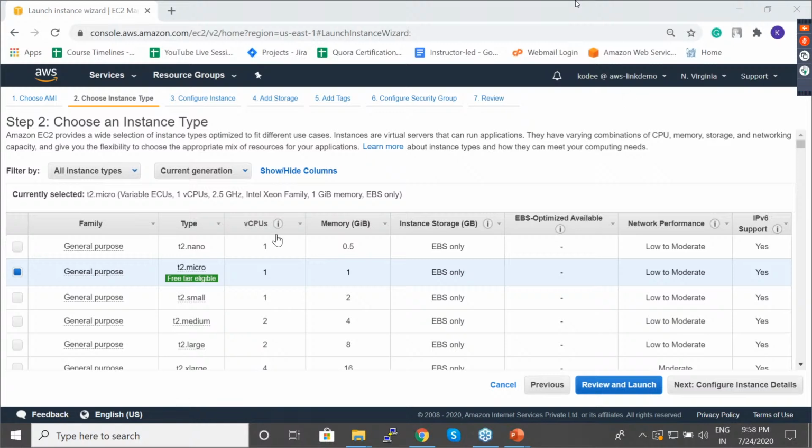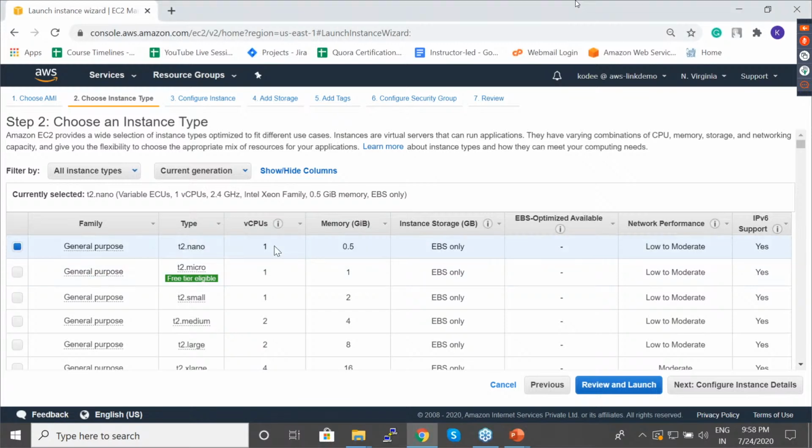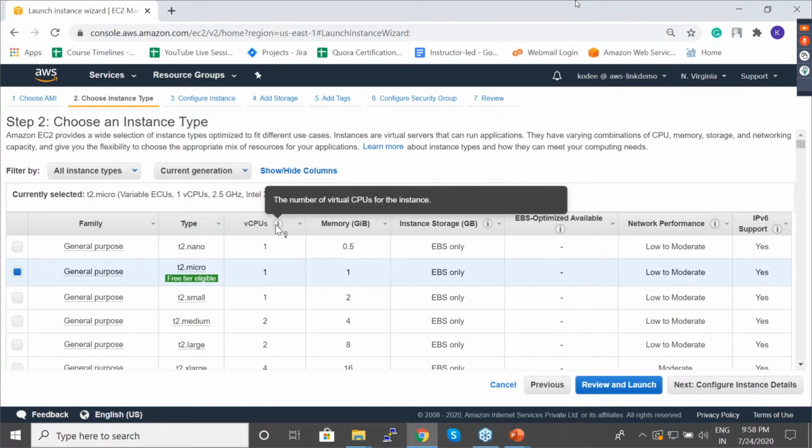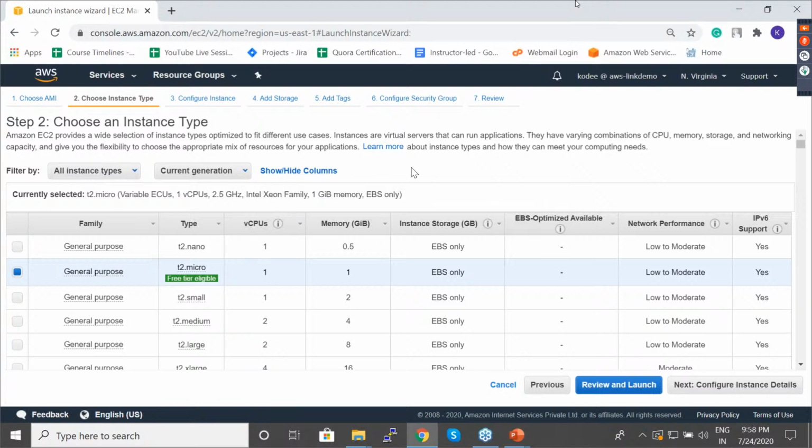Okay, so I've selected Ubuntu AMI. So here you can see the instance type, guys. First of all, there is a T2 Nano, which has one virtual CPU and 0.5 GB of RAM. Virtual CPU is nothing but the compute capacity you will be getting. That is, it can handle that much amount. So the thing is, AWS has their own set of servers set up in a data center. So it will virtually take up some of the resources over there and assign it to your instance. So that's what is provided over here.